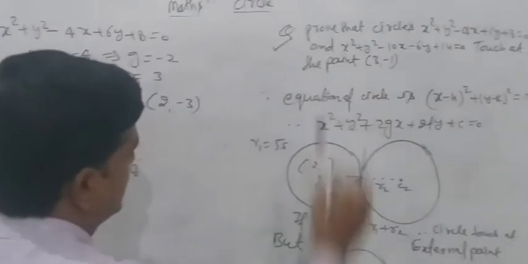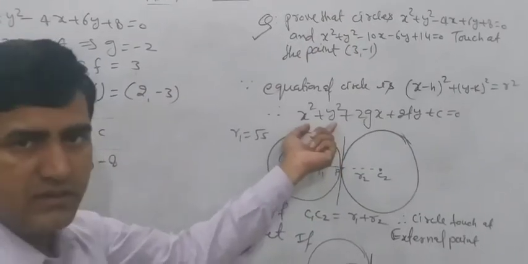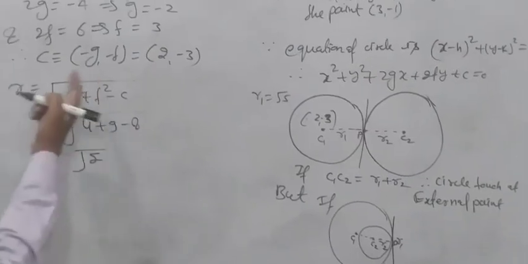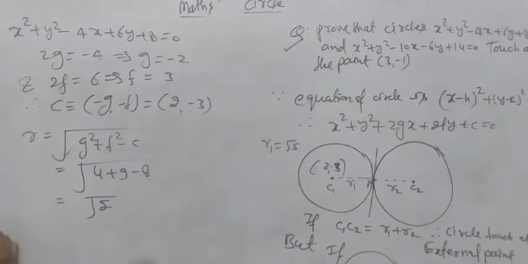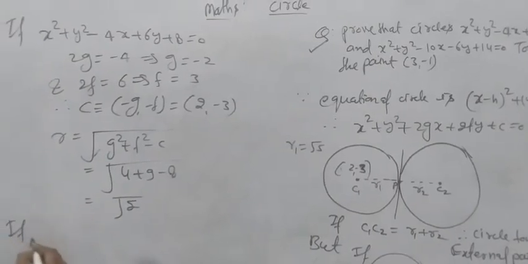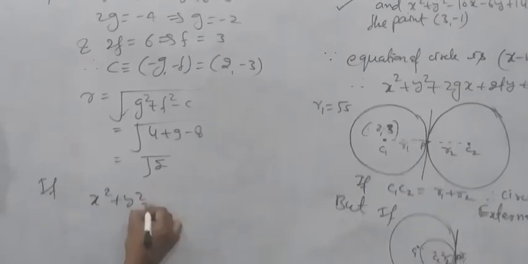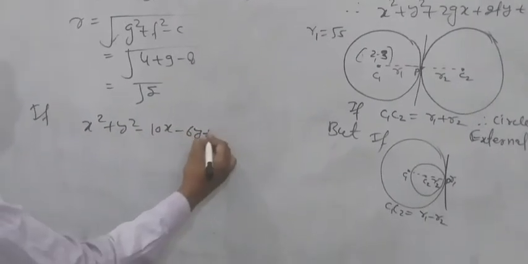And this equation of circle, first of all compare this equation to the standard equation of circle. We will find g, f and c here. Then we will get the center C1 is (2, -3) and r is equal to root 5. Now find the other center and radius: x square plus y square minus 10x minus 6y plus 14 is equal